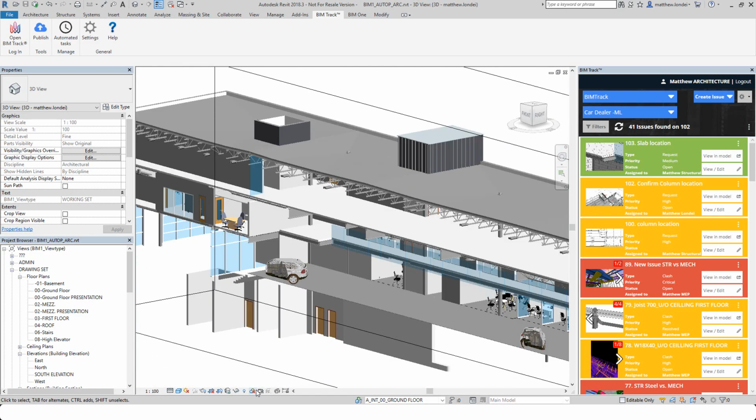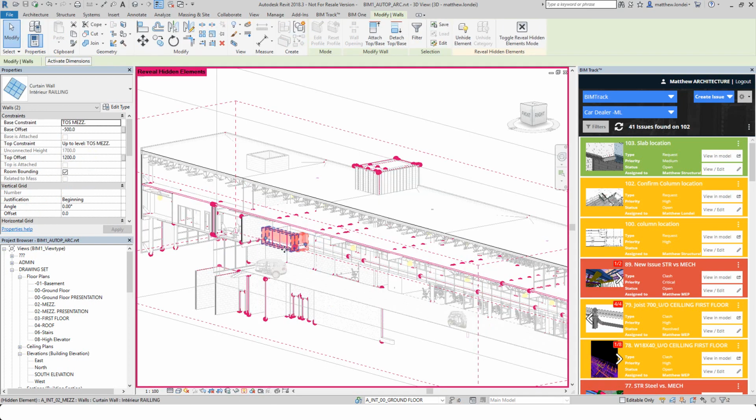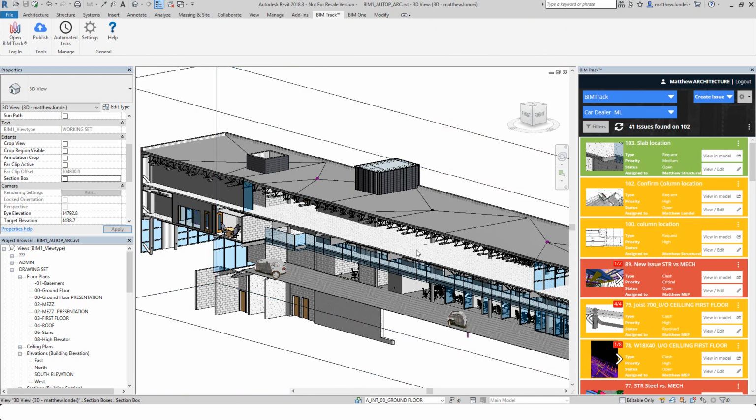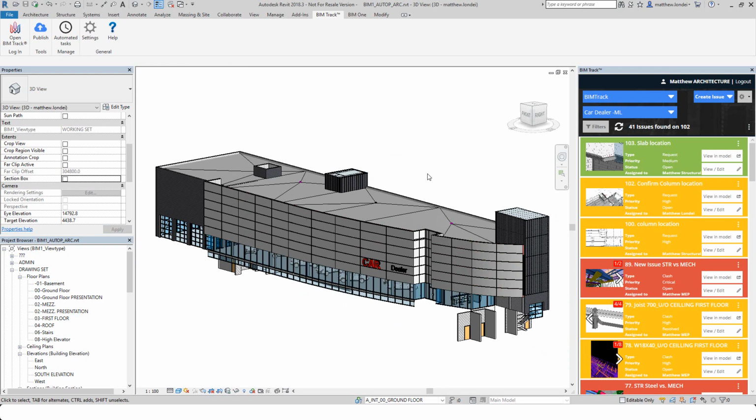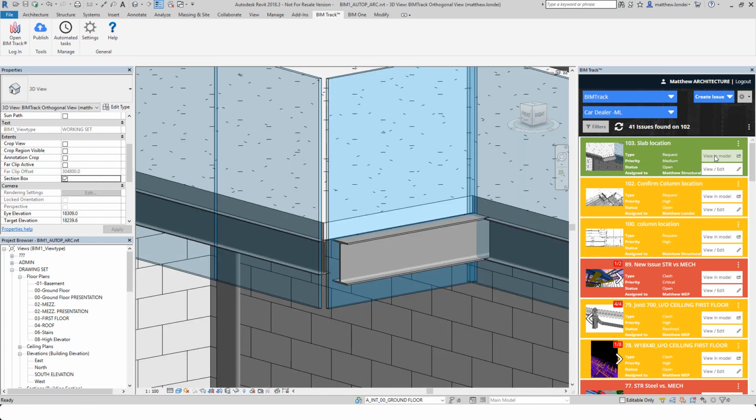Let's head back out. Let's unhide all of the elements and remove our section box. With our view reset, we simply click on View and Model to be taken directly back to the issue. But we notice that the pieces of curtain wall are not hidden. If I click on these three little dots, or if I simply right-click on the issue itself and select Restore View State,